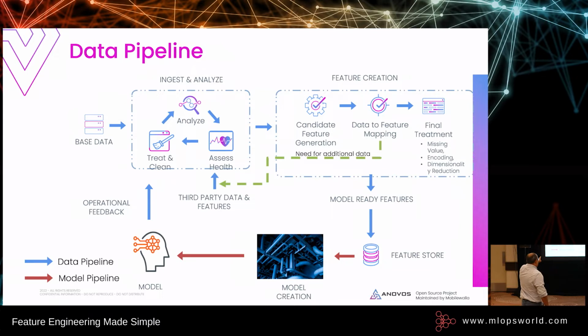And the only thing here is, the blue arrows represent the data pipeline part, and the red arrows represent the model pipeline. Without any doubt, because I'm a data pipeline guy, I have clearly blown that up, and I have abstracted away a lot of the model pipeline. Clearly, there's a lot that goes on there. But bottom line, that's roughly what happens, right? And if you do one more,